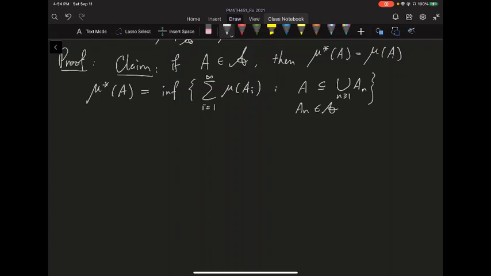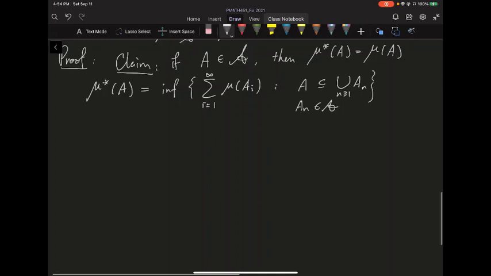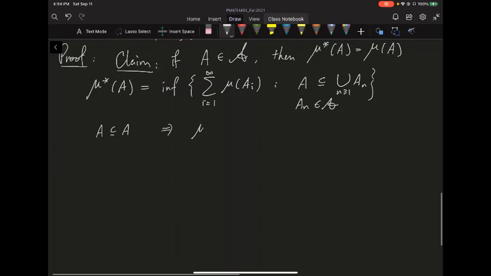And you may notice that A is a cover of itself. Okay, so A is certainly contained in A itself. So if I just use A as a cover of A itself, then I know mu star of A, being the infimum over all these covers, should give me a smaller value, so it's at most mu of A, because mu of A is achieved by the cover A covering itself. So basically, we just need to prove the other direction. So we want to show the converse, all right?